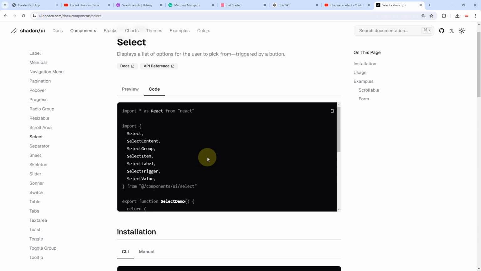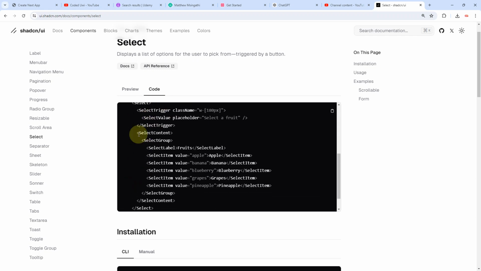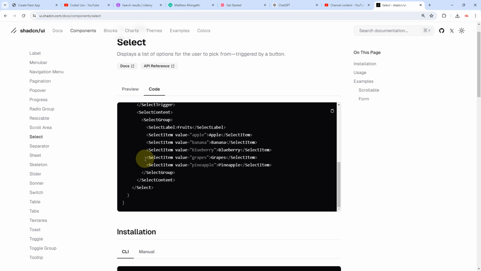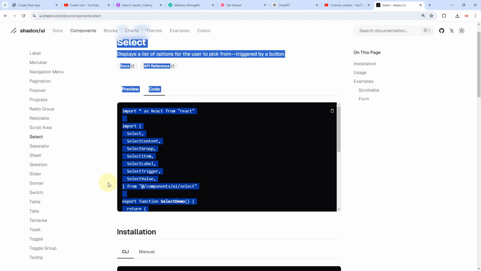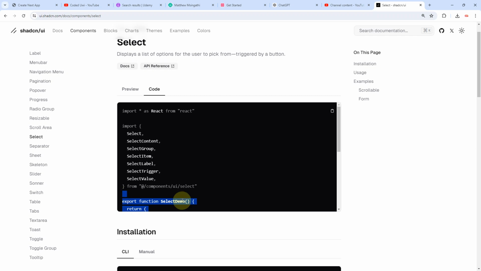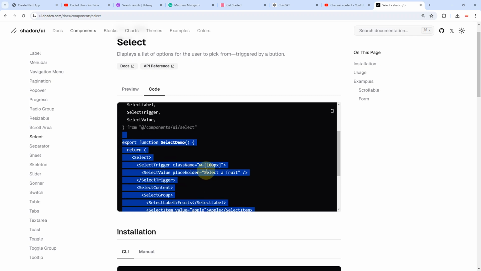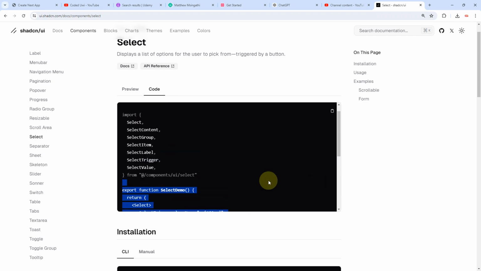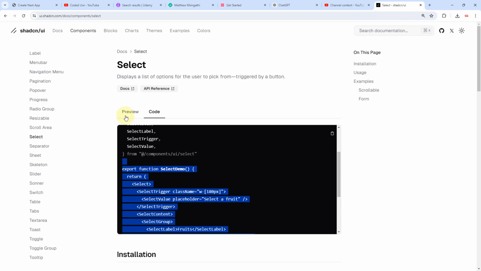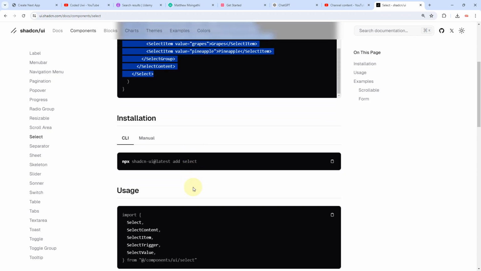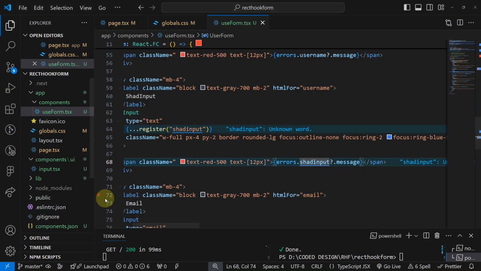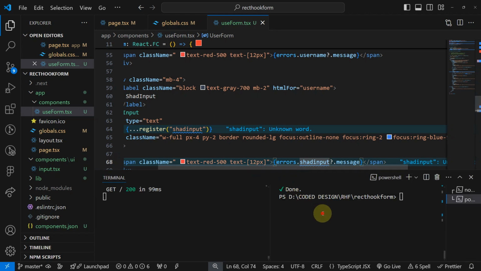Also there are a lot of things that this component is doing. It's some sort of a controlled input. ShadCN has controlled this input. There is too much control they have over this input, so meaning that we can't just use register so that magically everything will happen just like the initial input. So without wasting time, let's just get into installing it. Let's install a select so that I can show you it's not going to behave the same way as an input, because it's a controlled